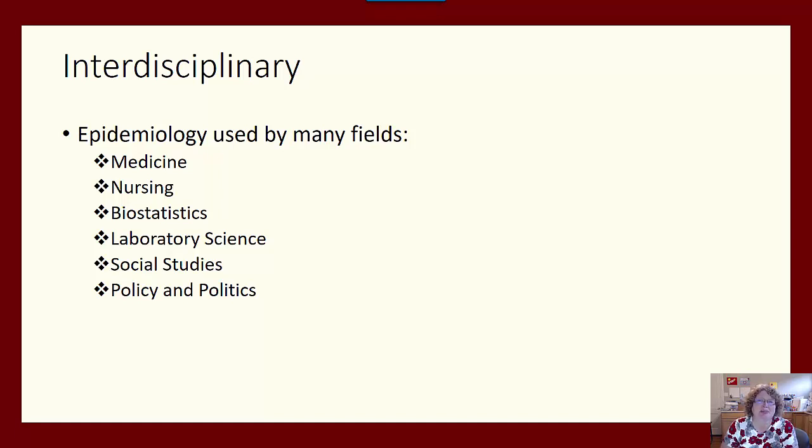Epidemiology is an interdisciplinary area of health. It can be used by more than one field. It's not just people who are identified as epidemiologists or just public health workers. It can be used by medicine, physicians, doctors, other providers use this to help guide practice. Nursing, we just talked about how that's used. It's also used by biostatistics,